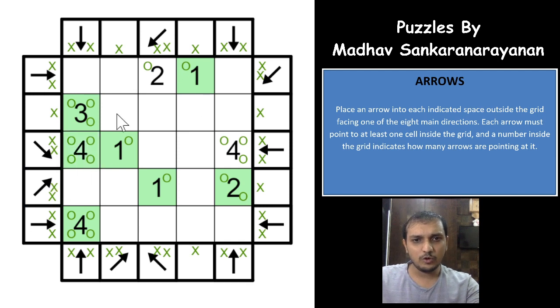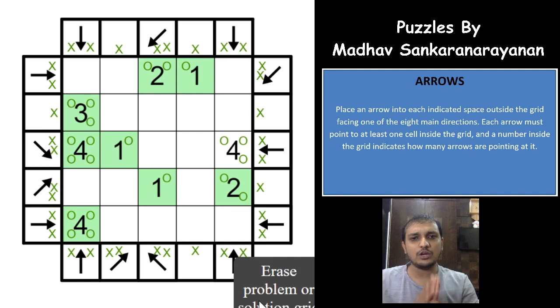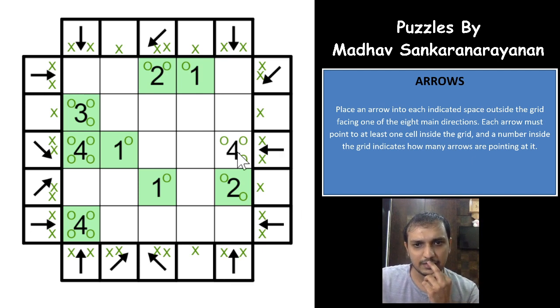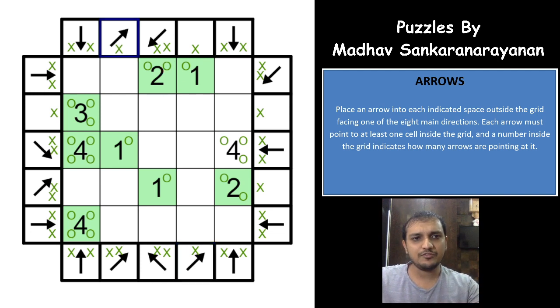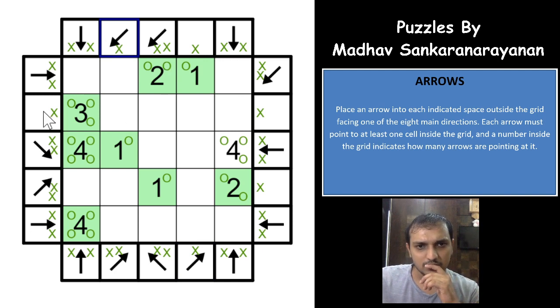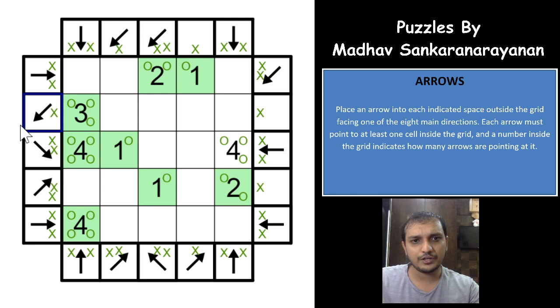Now which means that this 4 and this 2 as well, you complete this 2 as well. So all the arrows that are remaining will not point to any of the numbers, right? This 4 is remaining, I think. Okay, so let us see. This cannot point towards the right. This will have to point towards this diagonal, right? And this cannot point towards the right diagonal. This will have to point towards the left diagonal bottom. This cannot point straight, this cannot point down, this will have to point towards the top. This cannot point towards the left, this will have to point towards the right.